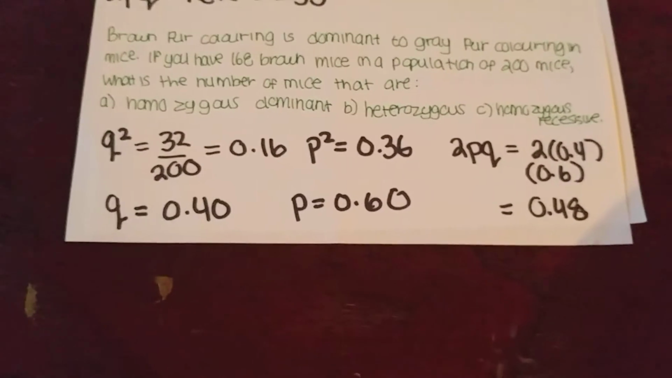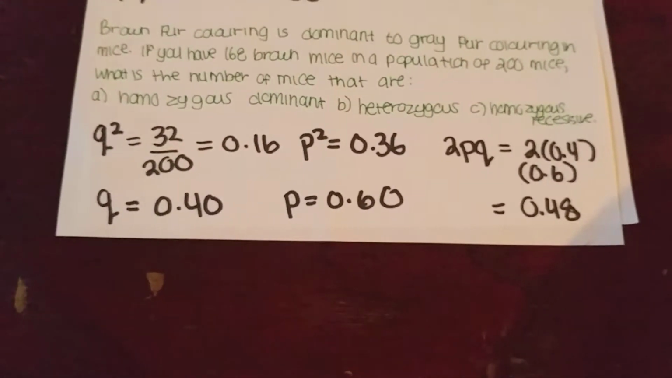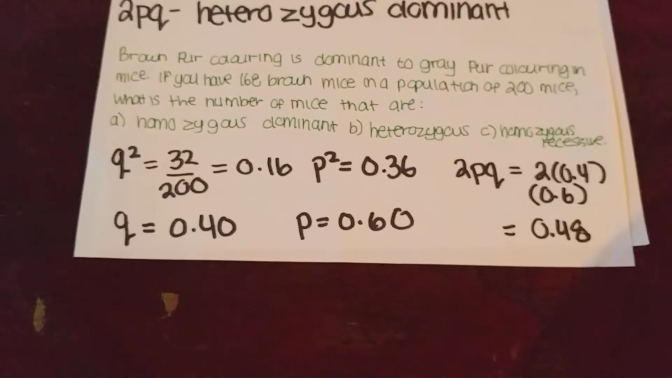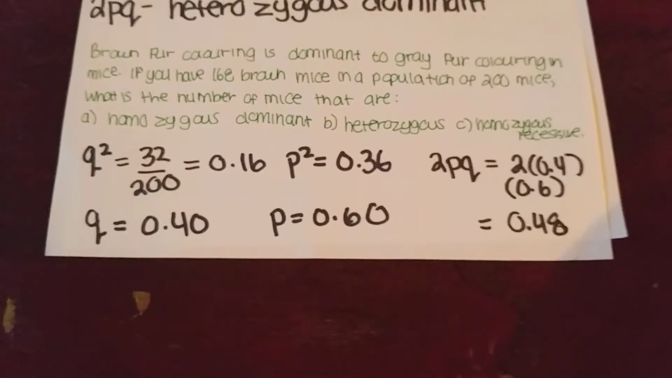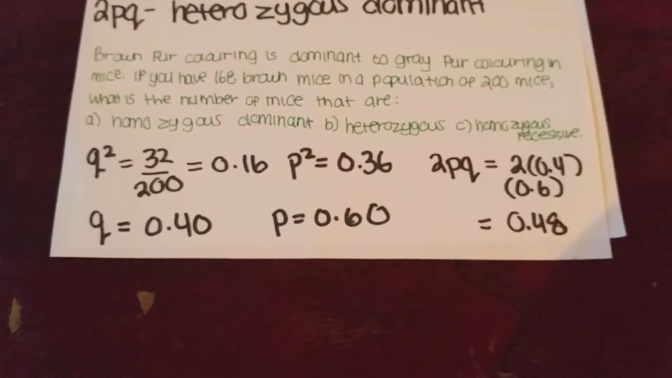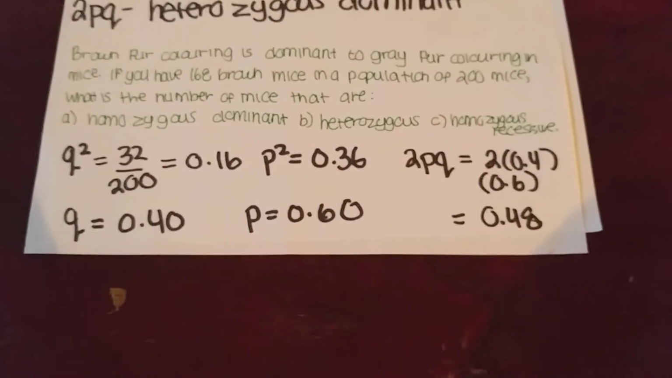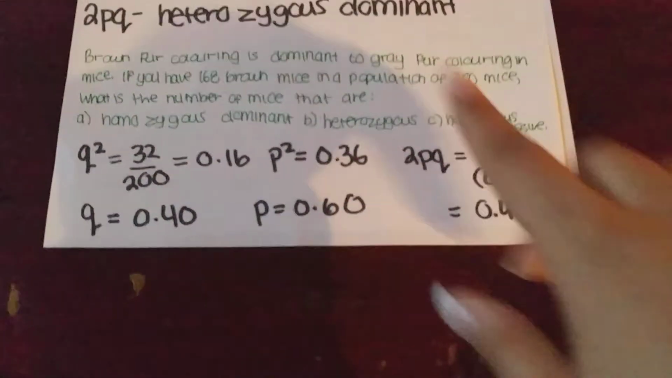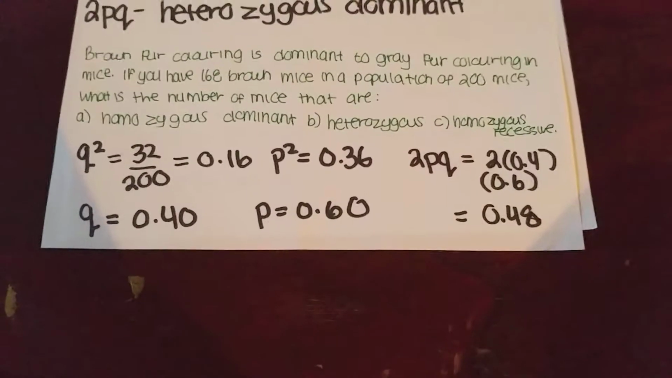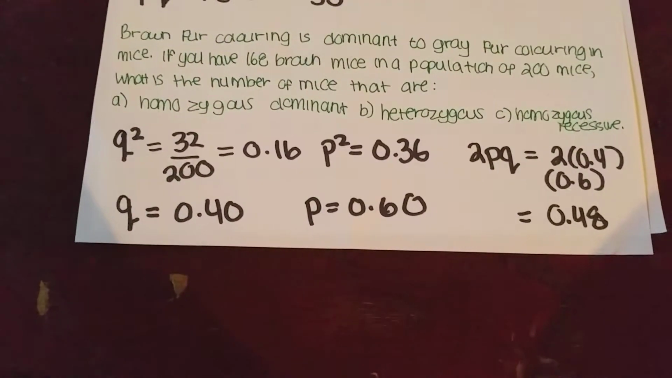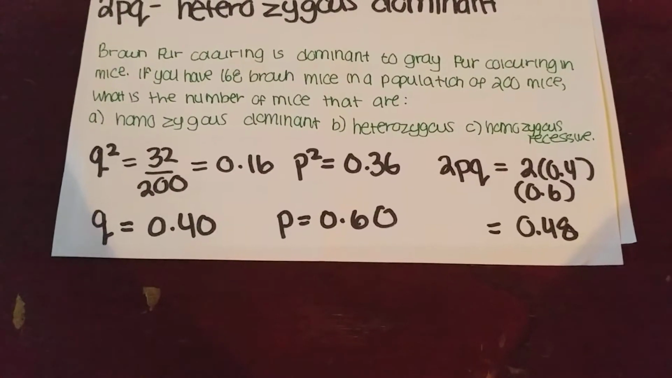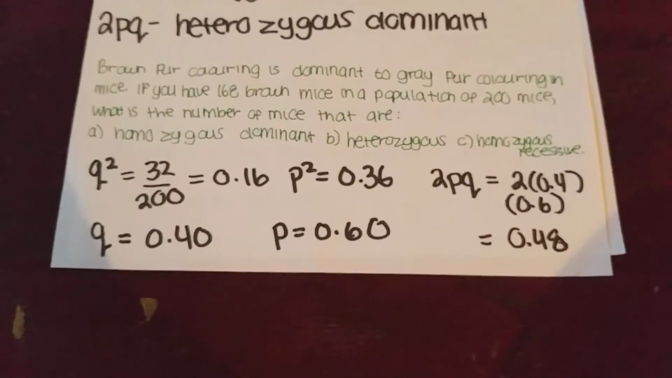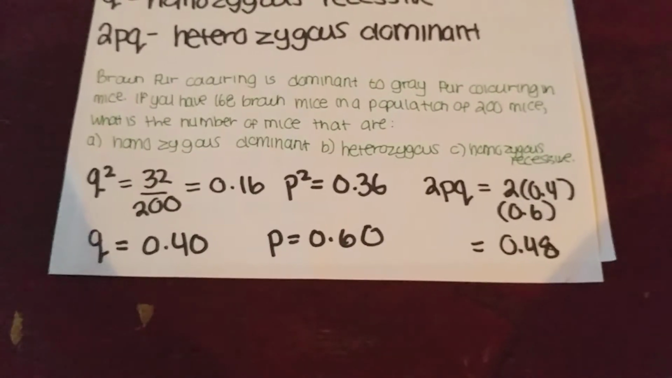Now going back to answering the question, the number of mice that are homozygous dominant. So you go with P squared, you times 0.36 by 200 mice to get your answer. For heterozygous, you would go with this 0.48 and times that by 200. For homozygous recessive, you times the Q squared 0.16 by 200 to get the number of mice that would have that trait. So that's the gist of how you would solve a sample question of